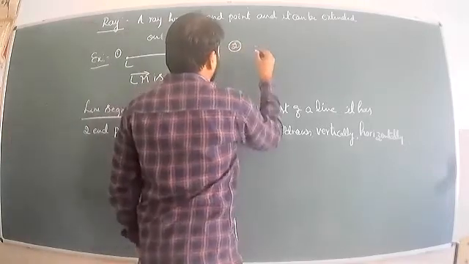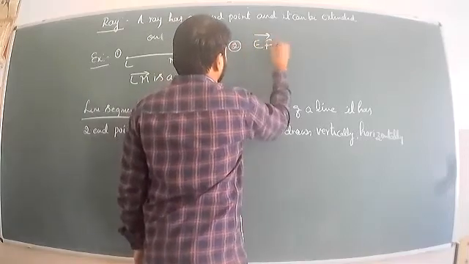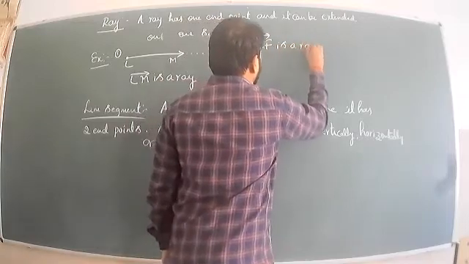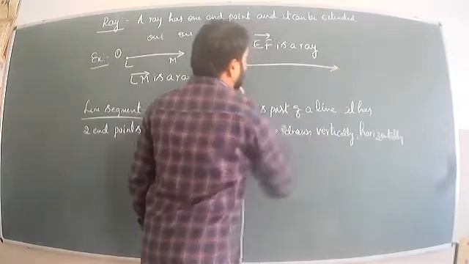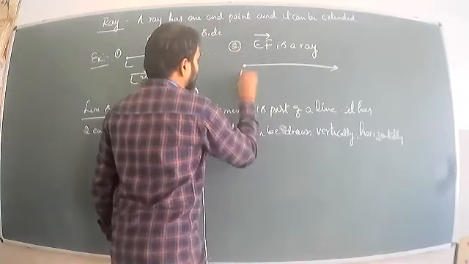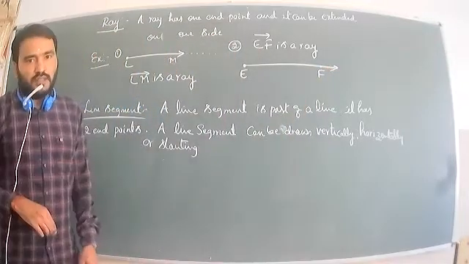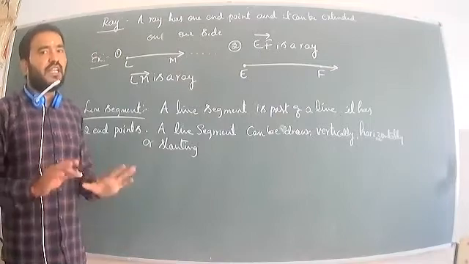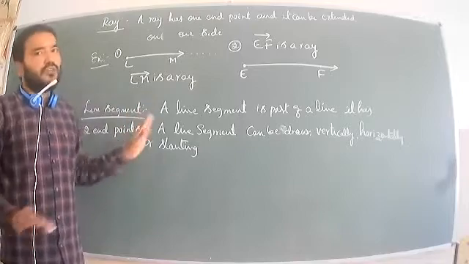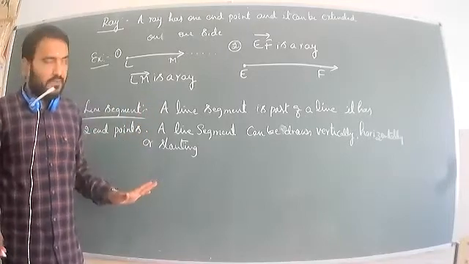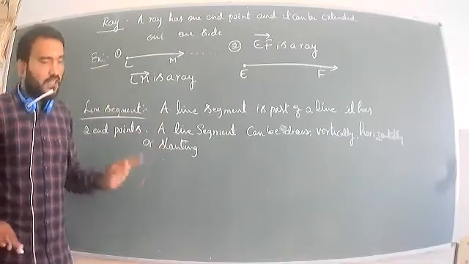Using EF, we should write: EF is a ray. So we can draw the figure. We put one point, which we call E, and the other is called F. EF is a ray. Guruji, does it have a fixed length? No, it does not have a fixed length. It has no fixed length, no breadth and no thickness, keep in mind. It has only one end point and one extended line, and that is called a ray.